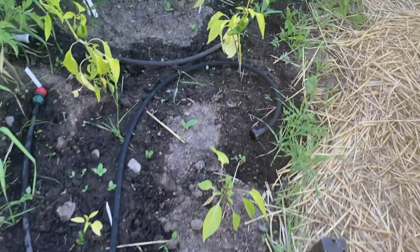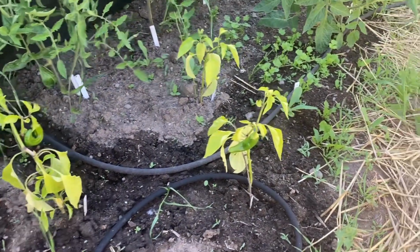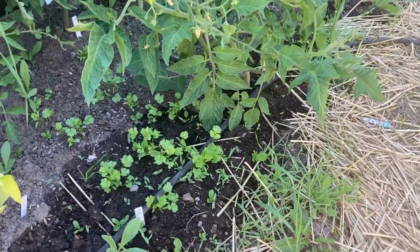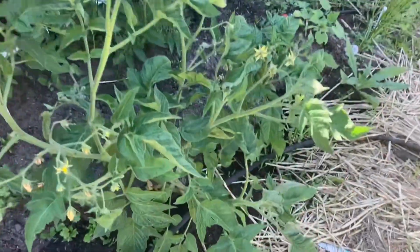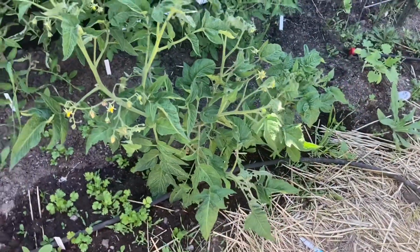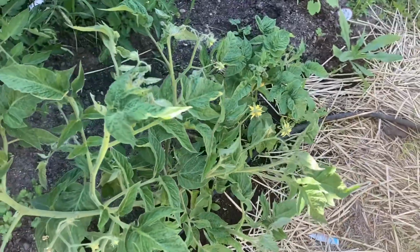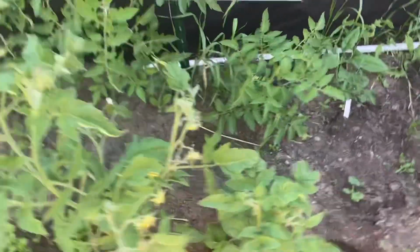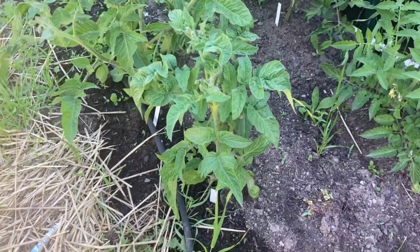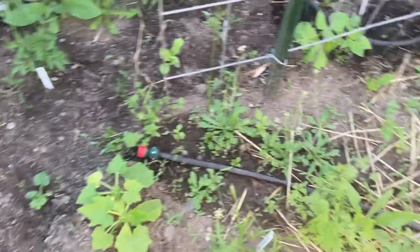And then we've got Anaheims down here that, despite their appearance, seem to be actually doing okay. And then a bit of cilantro, and right here, these two tomatoes in the front are dwarf tomatoes, and they're not supposed to get all that big and crazy. This one does seem to be a little bit crazy. This one seems to be a little bit more of what I would have expected from a dwarf tomato. And then here is zucchini, and